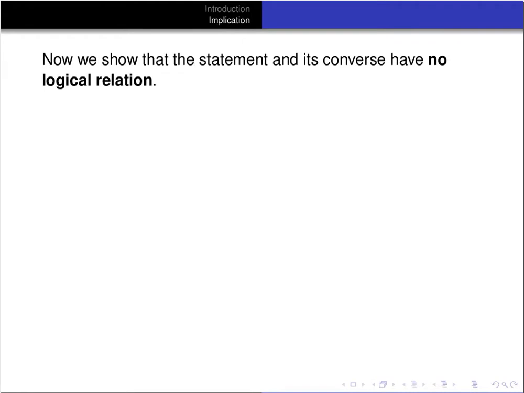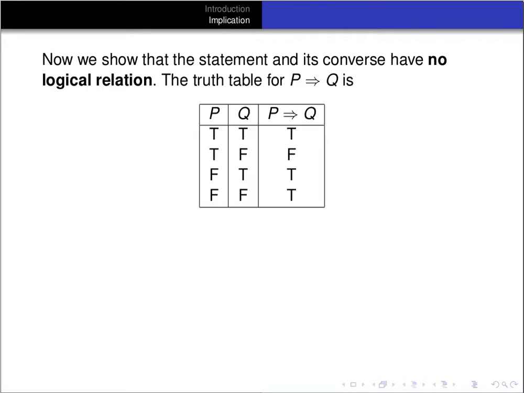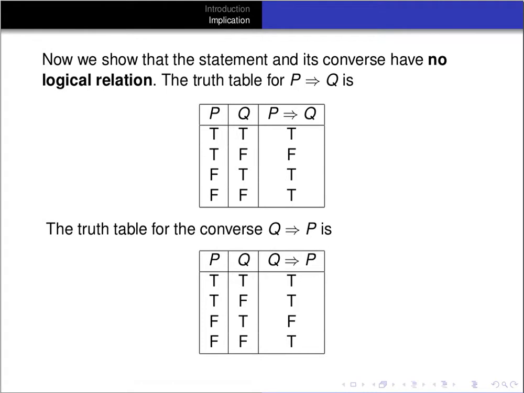Okay, so now when we say that statements have no logical relation, what we mean is that they don't always have identical truth values. And so you can see that if you look at the statement P implies Q and its converse, Q implies P, those truth tables sometimes give different outputs given the same inputs. So they're both true if P and Q are both true, or if P and Q are both false, then